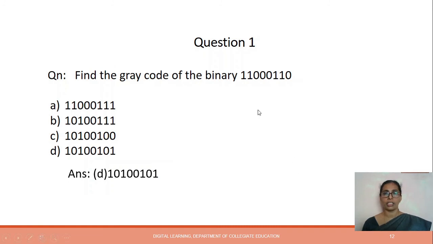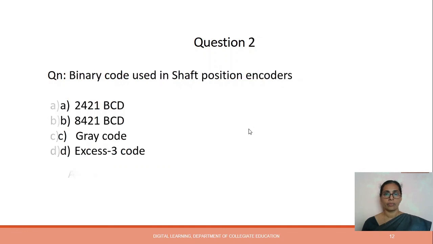While converting, keep the leftmost bit as it is, and for the next bits in gray code, add the adjacent pair of bits. If there is any carry while adding, discard that carry. Next one, binary code used in shaft position encoder. The answer is gray code.